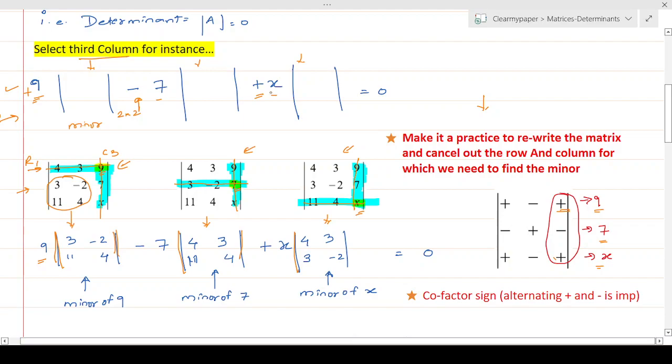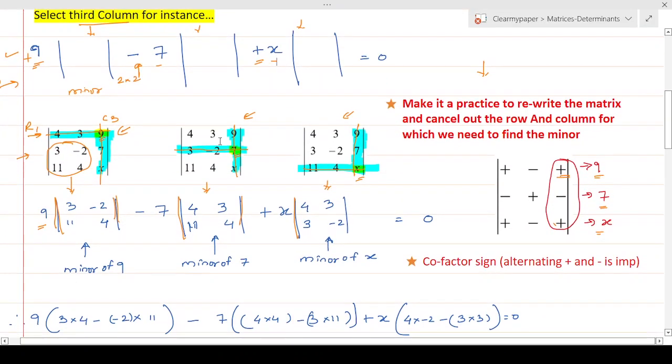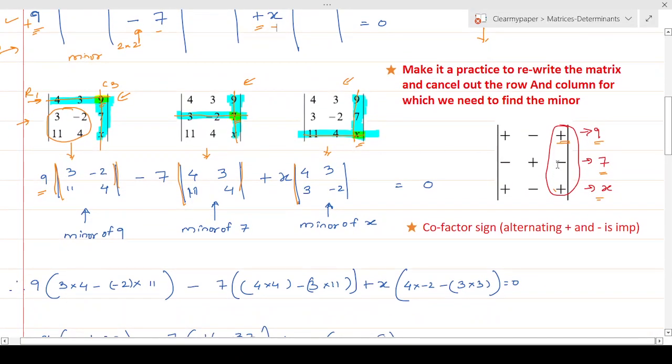So it's always a combination of finding the minors and then applying the cofactor algebraic signs that, put together, gives you the determinant with this multiplication effect. That's how it is. It's a 3-step process. You take the coefficients out, you calculate the minor, which is a submatrix, and then you put alternating signs. The net effect of that is nothing but the determinant of the whole matrix. And we have taken the third column, for instance. And then the rest is simple computation, where you compute this as a 2 by 2 matrix, where you cross multiply the diagonals.